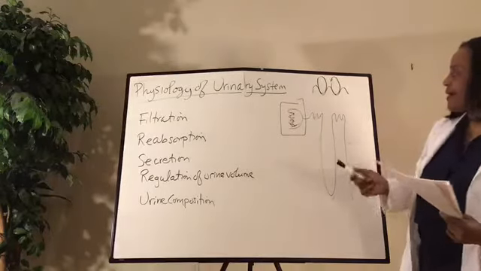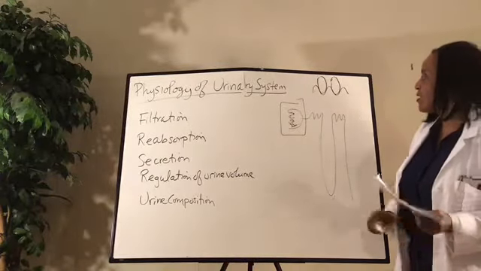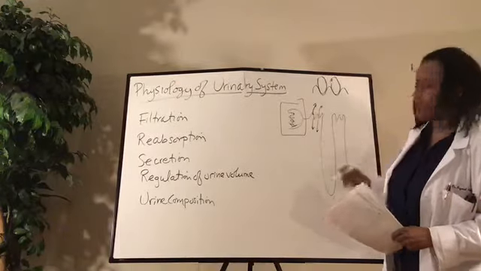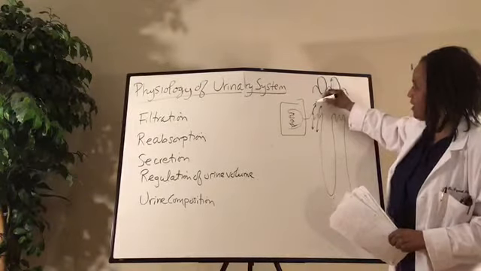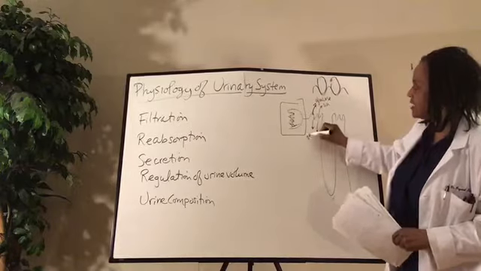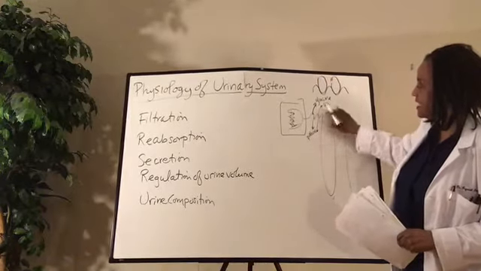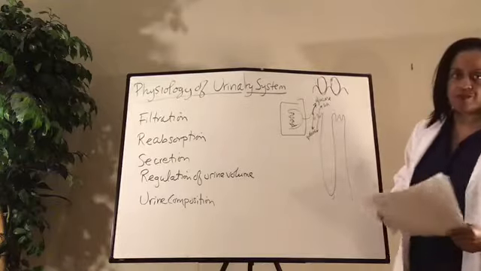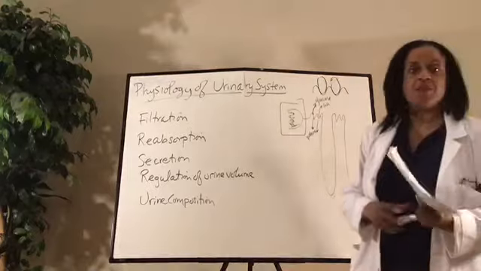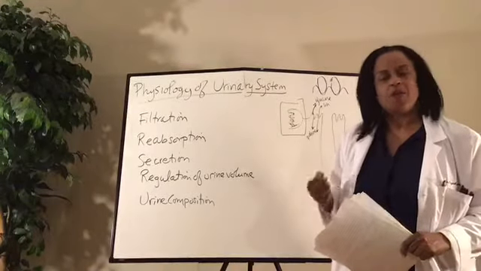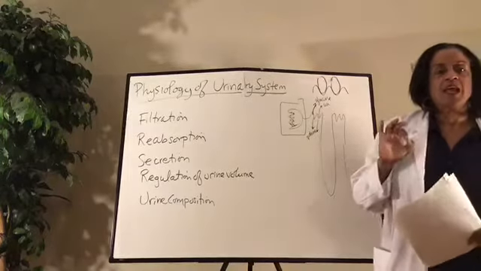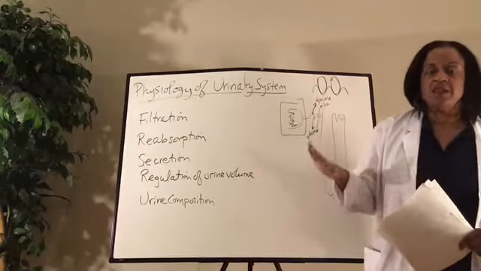So here, for the most part, things that stay in the system will be glucose, amino acids, proteins, etc. If you have proteins or glucose in your urine, that is going to be indicative of a problem. Some proteins can be in the urine if you are pregnant. But other than that,